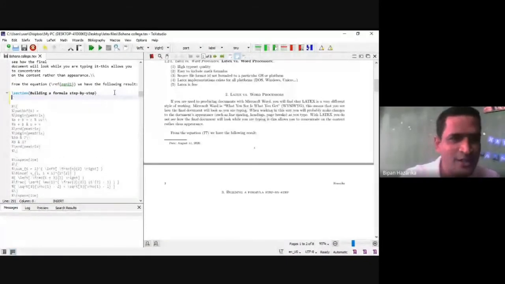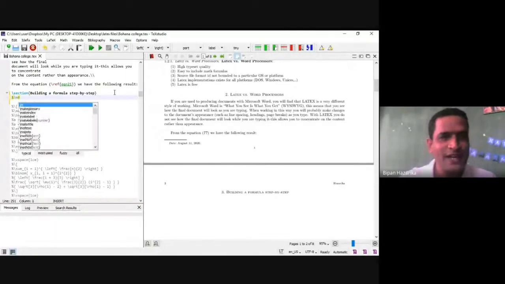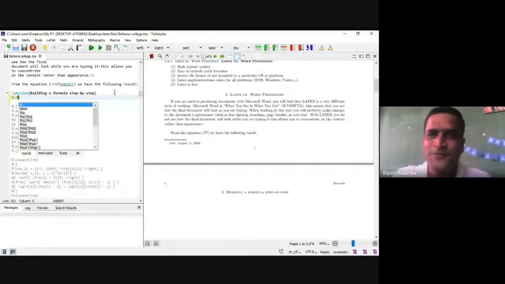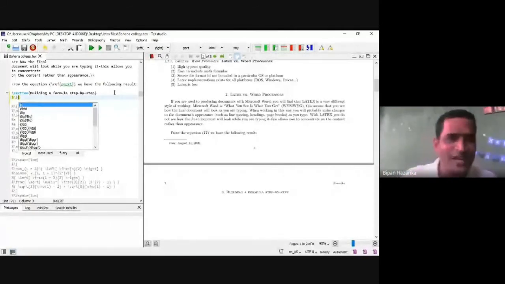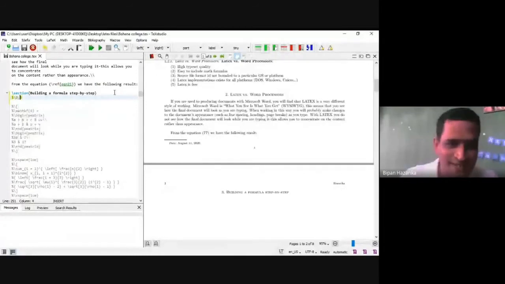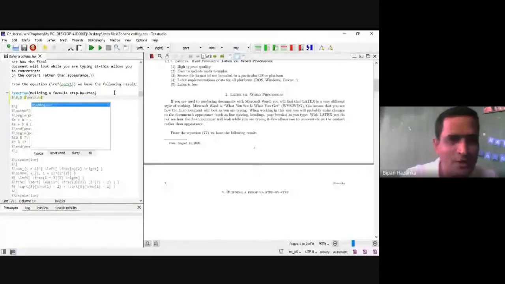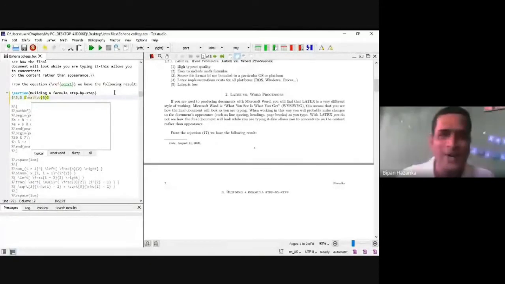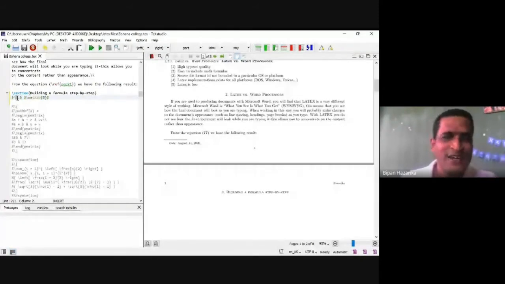So I write dollar, and within the dollar I write math, capital B, slash capital B, because I put that new command already, that slash capital B, which represents bold B. Or you can write math bold font, both we can use. But if you write that, it will take time, so I put a shorter command in the main file, so I can use this one also.